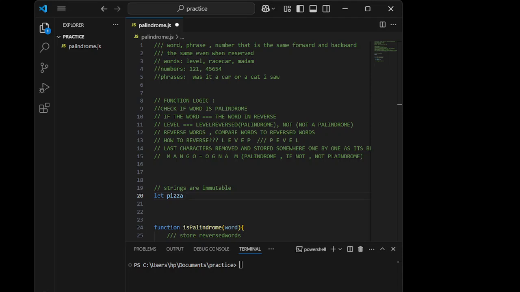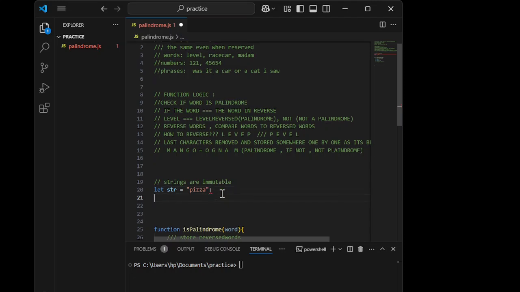If our string is pizza here, and we want to reverse it, but strings are immutable. And if our approach is to remove the last character and then store them,